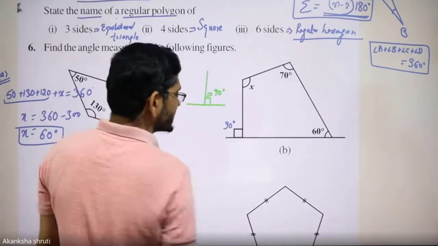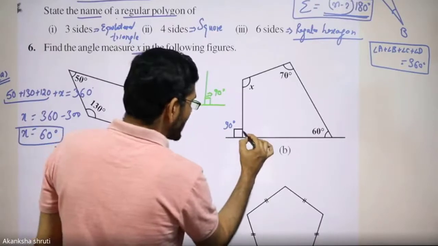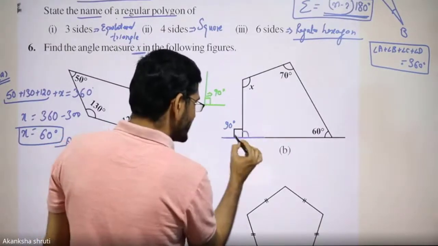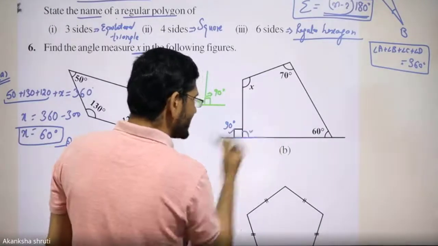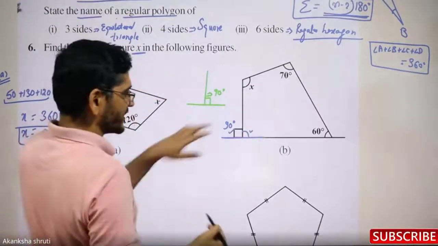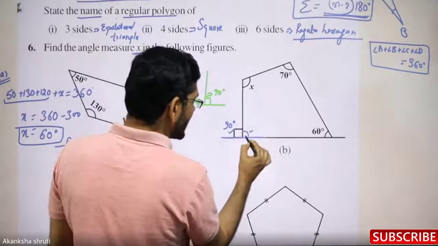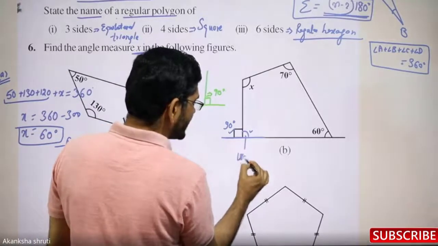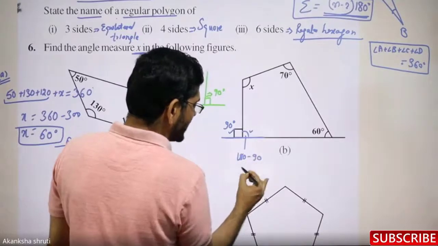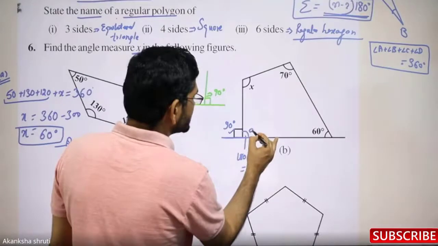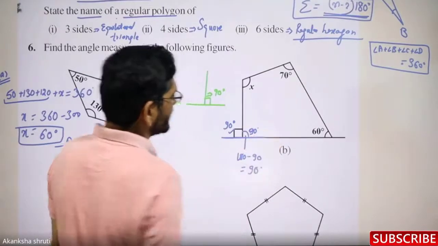It is given on this side. So what will be this side? This angle I need. Students, the sum of this angle plus this angle is 180 degrees. So this outside angle is 90 degrees, so the internal angle will also be 180 minus 90. This is also going to give us 90 degrees. So this internal angle is also 90 degrees.